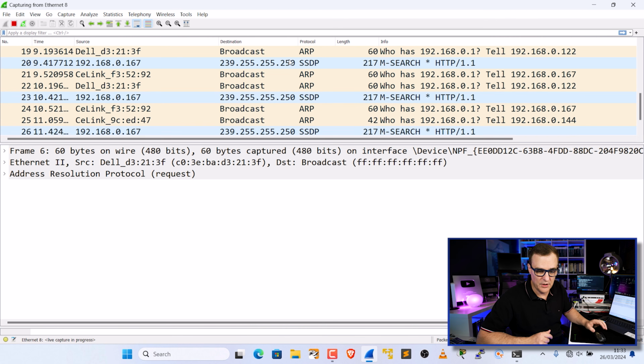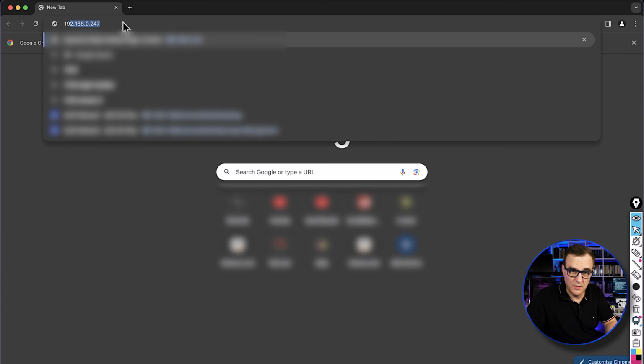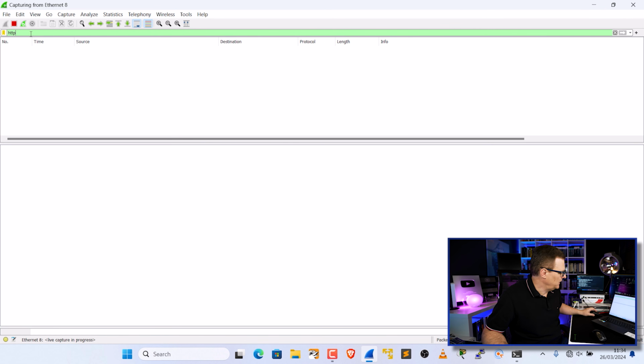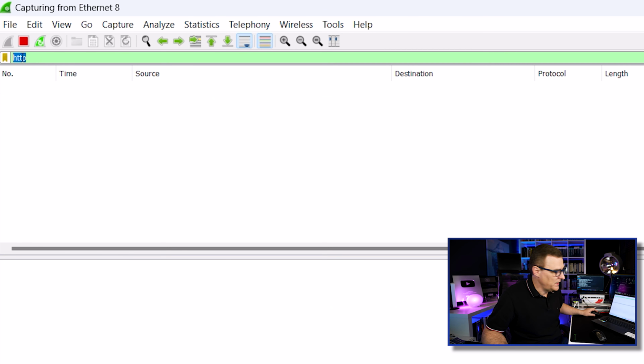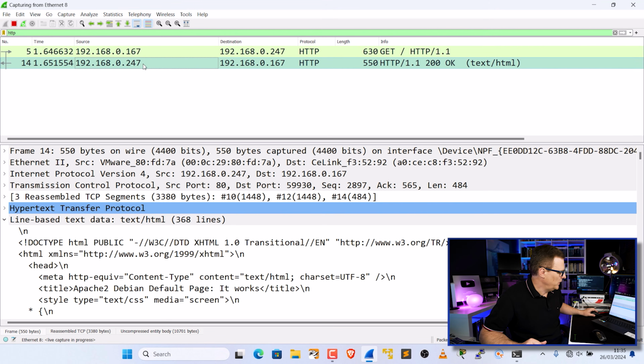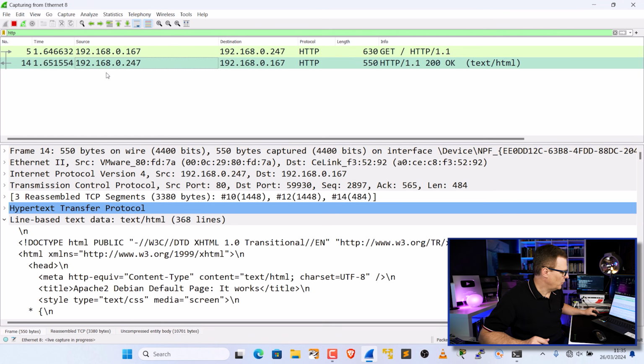But what about unicast traffic? So I'm going to browse on my Mac to 192.168.0.247. On this machine, I'm filtering for HTTP. Press enter, and notice we can see HTTP traffic on the Windows computer here when this computer goes to that server. Notice as an example,